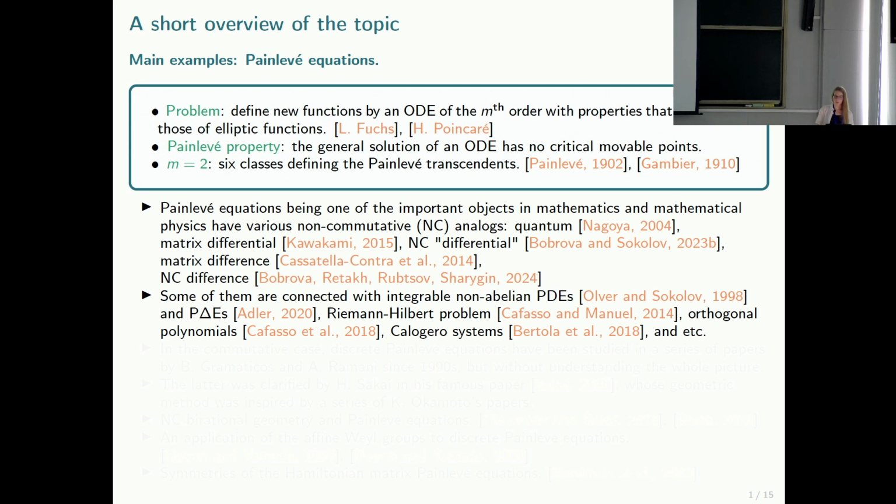And we know that Painlevé equations are one of the most important objects in mathematics and mathematical physics, and they have various commutative and non-commutative analogues. In particular, they can be generalized to the quantum case, to the matrix differential case, to the non-commutative differential case, and also to the matrix difference case and non-commutative difference case. Let me write down some example. So in particular, for the Painlevé equation, in the classical case,